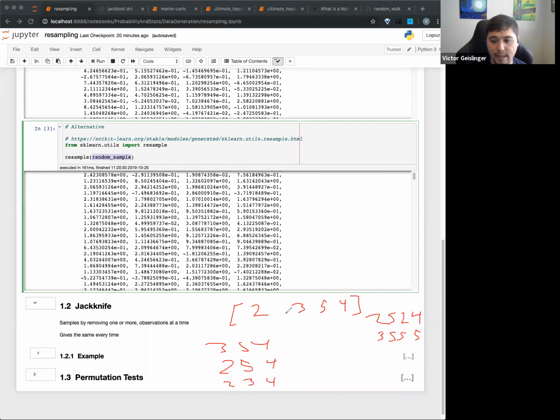And then you can imagine the last one's going to be 2, 3, 5. So basically, it's just removing 1 of those points out here. And I think this is where people say, why would we do it this way? The idea here is that it turns out this is actually relatively computationally efficient, because now we don't